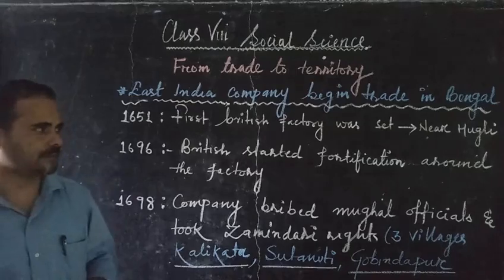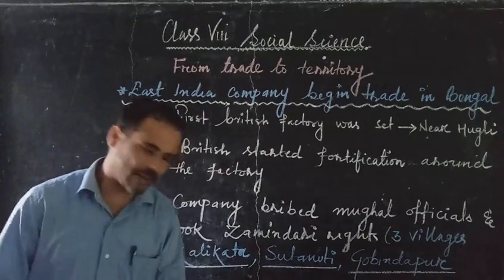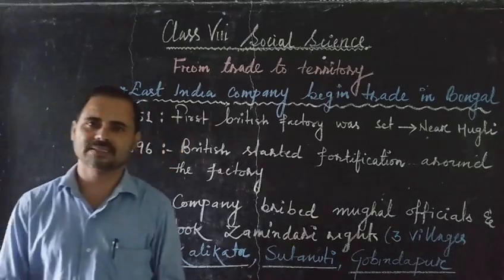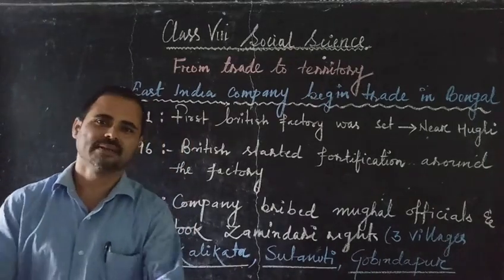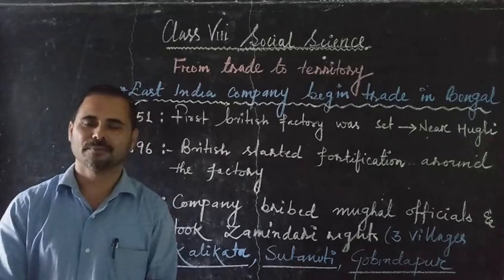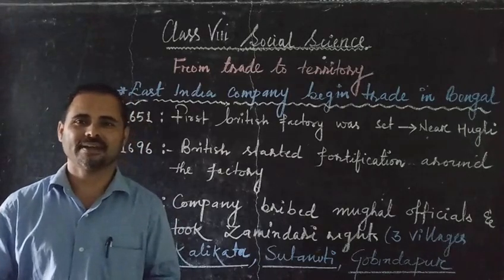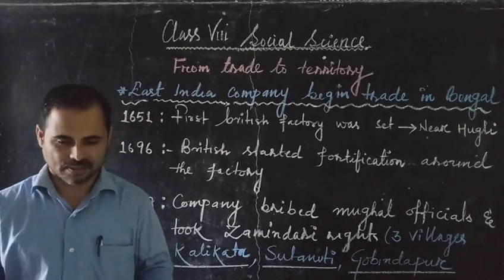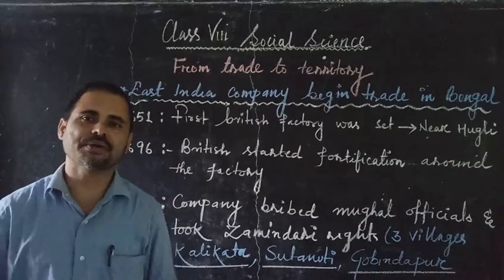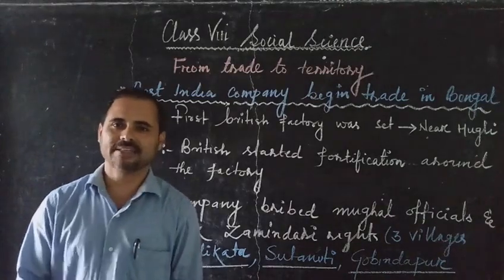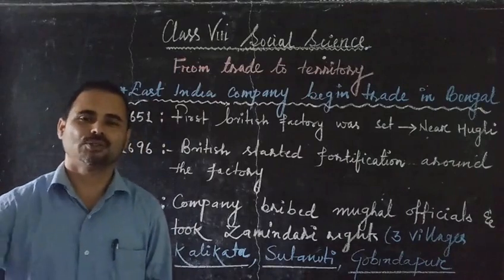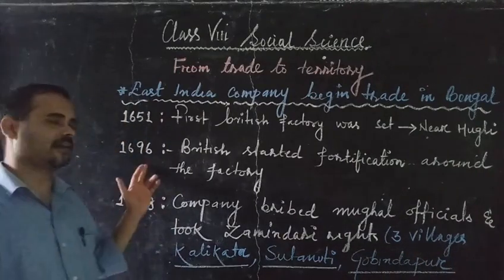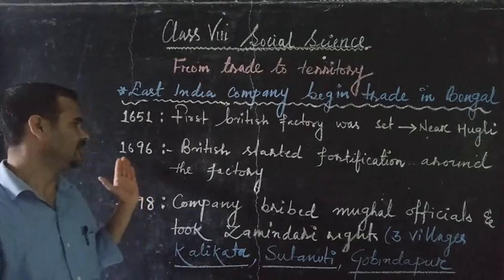After that, whoever came from far off places to work in the factories, a settlement was started for them near the factory. Now, these things happened, and ultimately what happened? To secure the factory and its production, the company started fortification all around the factory